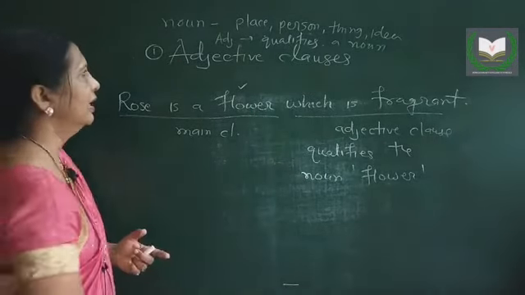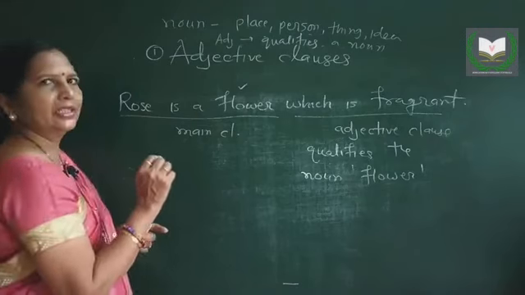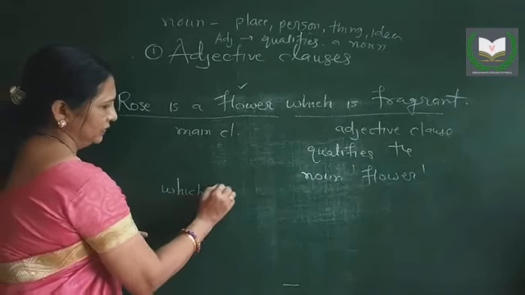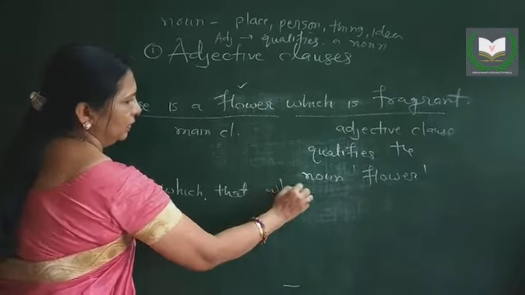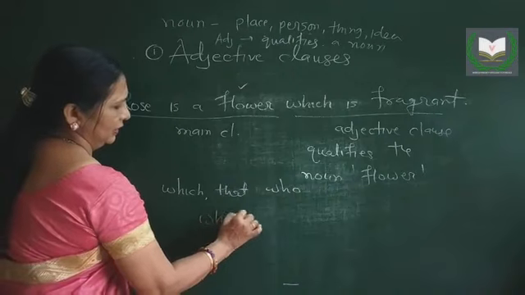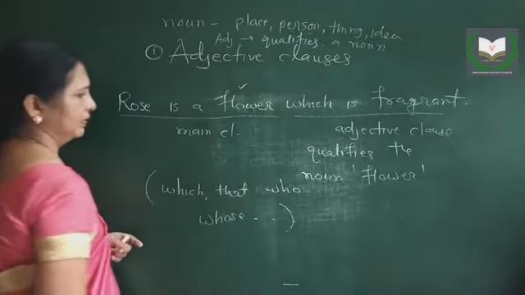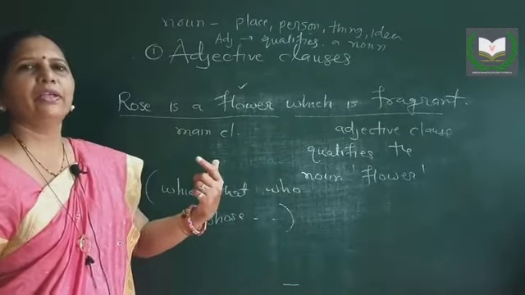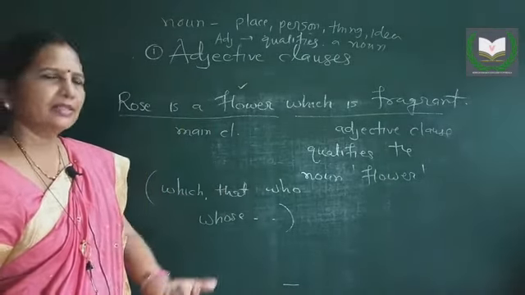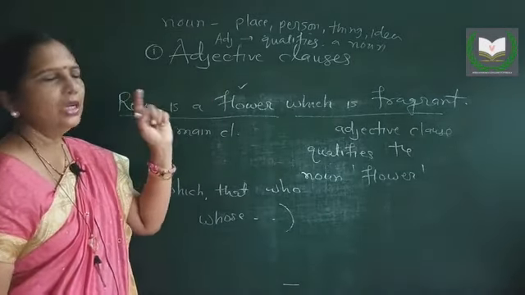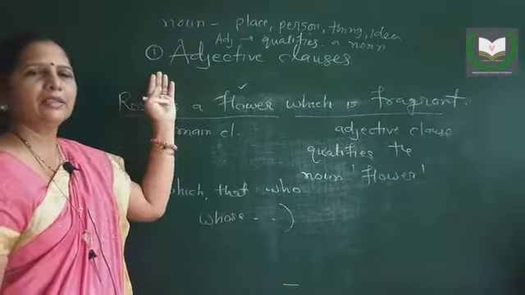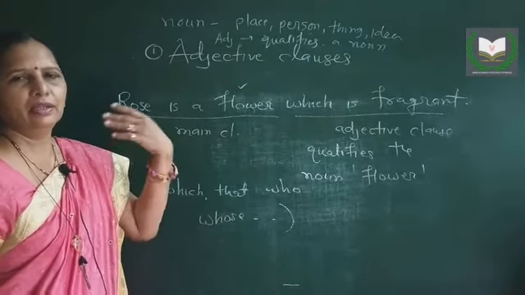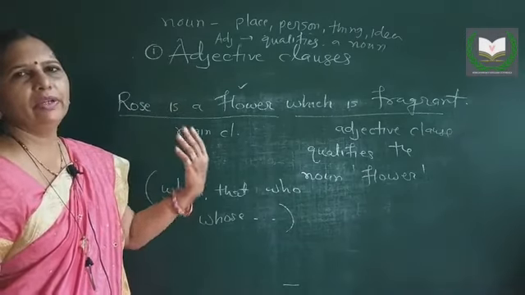So we see that the adjective clauses are connected to the main clause by which, that, who, or whose, like this. I saw a man who was very poor. Another example of adjective clause. So these are the simplest and the most widely used clauses when we talk or when we write, when we speak, when we describe something.